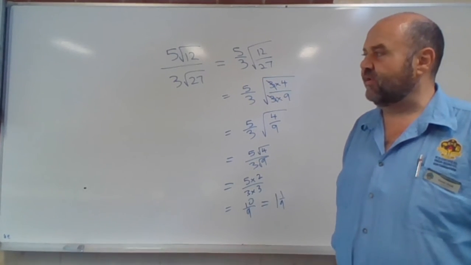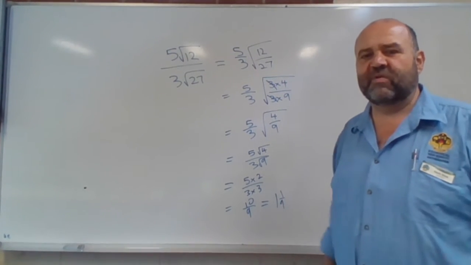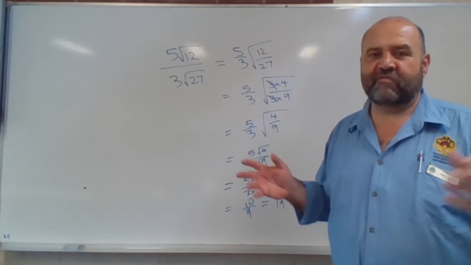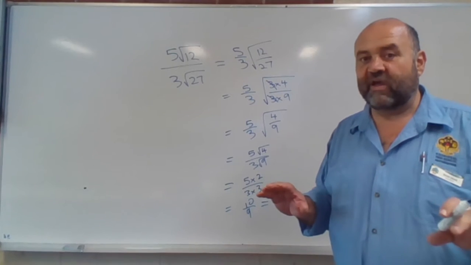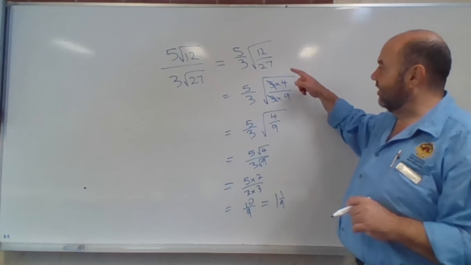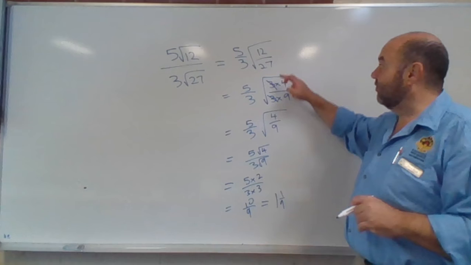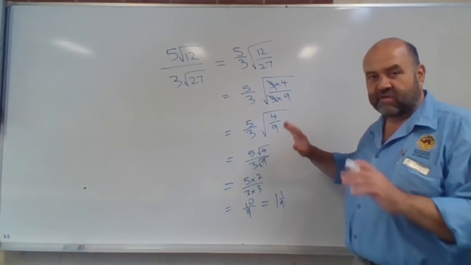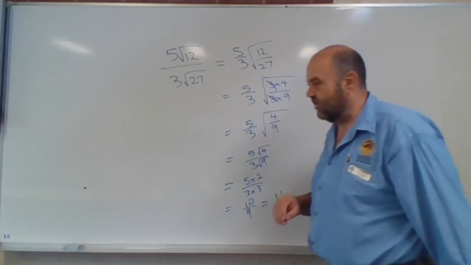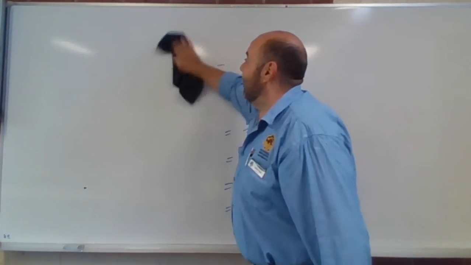Now let me just do a little bit on simplifying radical expressions just on its own, so not buried in such a complicated problem where we're multiplying and dividing things and factorizing and cancelling. Let's just look at simplifying a radical expression just to cement the idea that we saw here from the root 12 down to the root 4, or from the root 27 down to the root 9. So I'm just going to look at an example that focuses in on that particular thing. Okay. So this is a thing that we did cover in class before